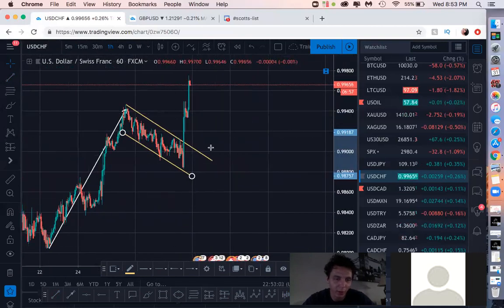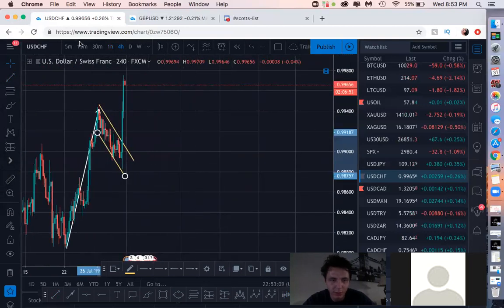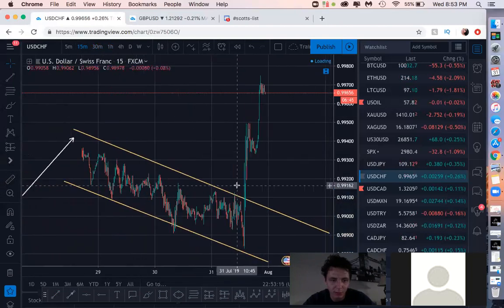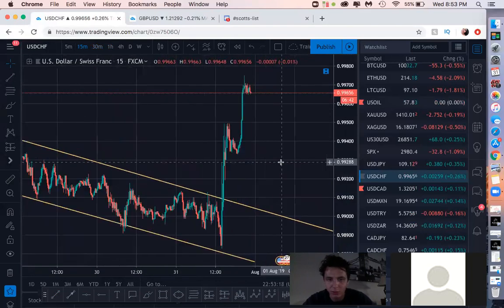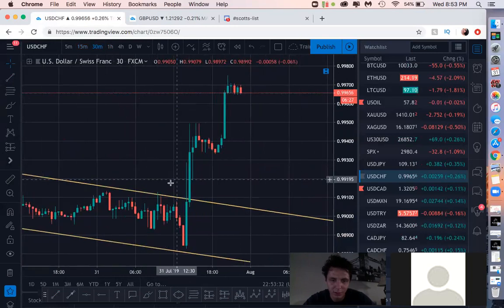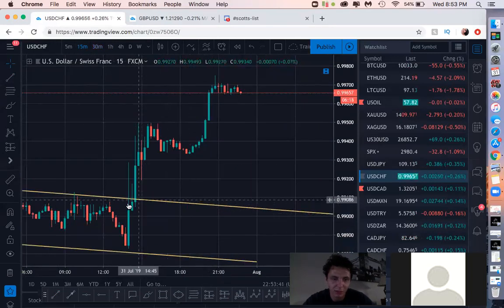So since this is a 1 hour time frame, even a 4 hour, it looks pretty good on. You want to be looking at the 30 and the 15 minute time frame charts to be able to line up your trades to kind of catch this breakout. Because I mean, look, we got these huge wicks extending, which can definitely trap traders into the wrong positions. And you just want to be on the right side of the trade. That's all. I mean, even the 30 minute would have trapped you if you were waiting for the candle close. Even the 15 minute, if you waited for that candle close, you're still getting a pretty late entry.